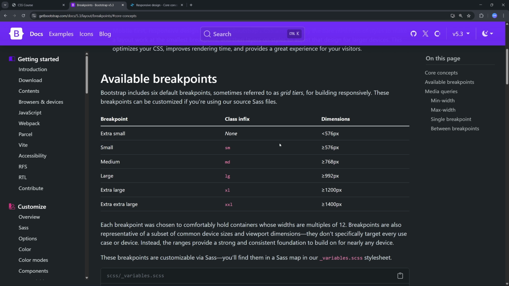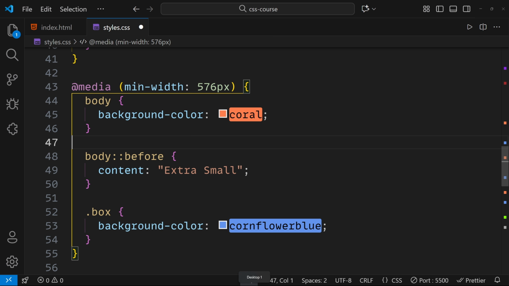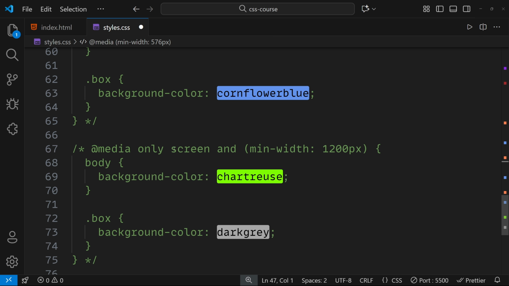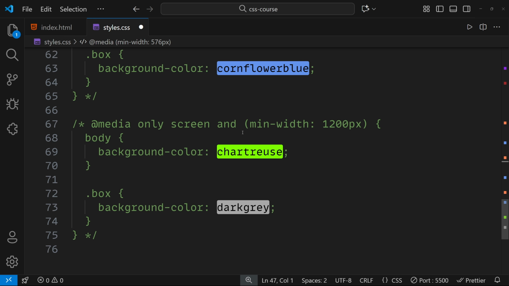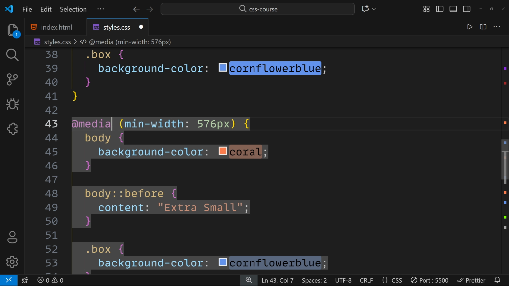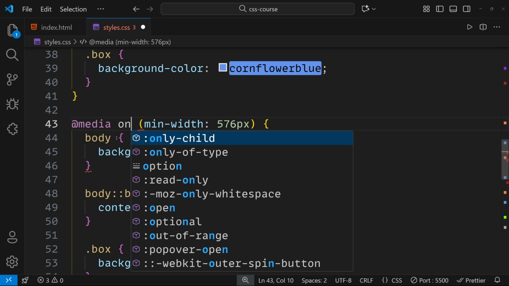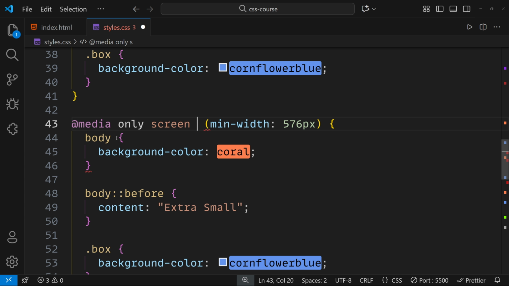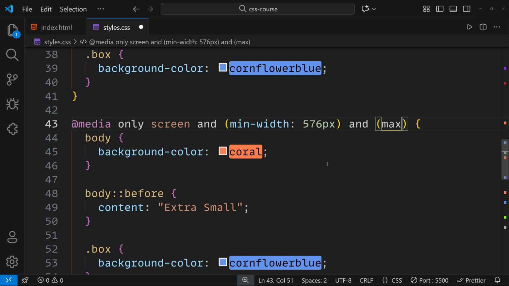And what should be the maximum width here? The maximum width should be 768 pixels. So remember this syntax, only screen and. So we can do something like only screen and this one minimum width, and once again max width of